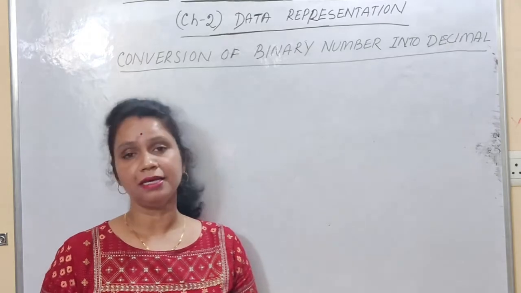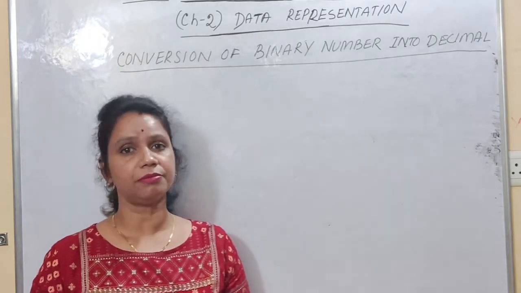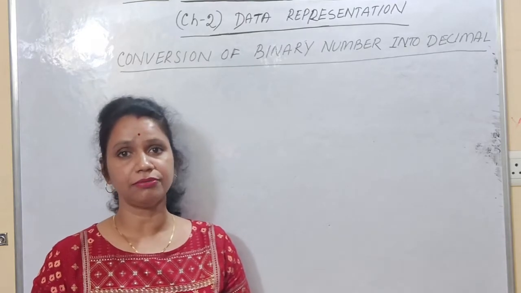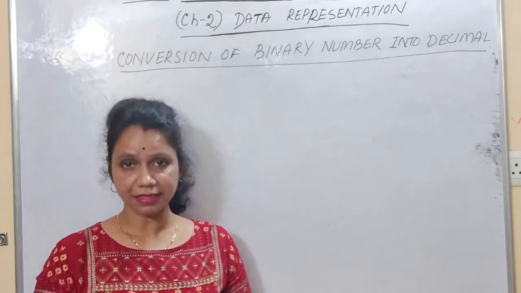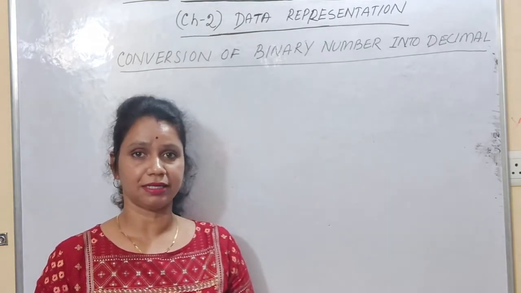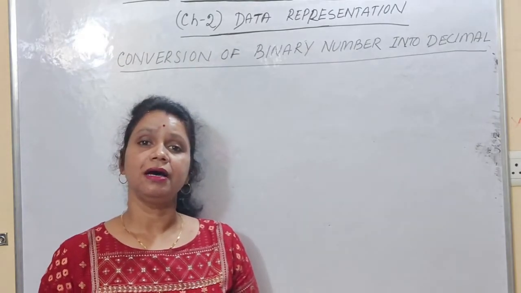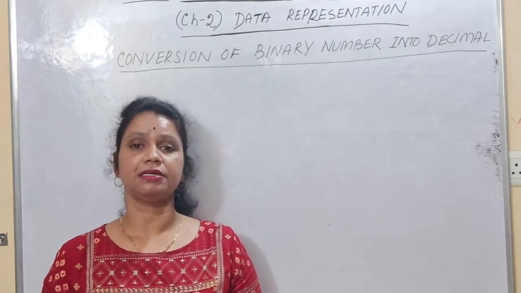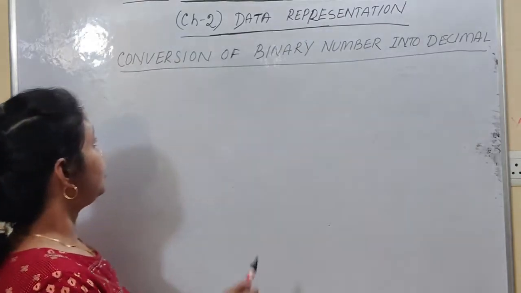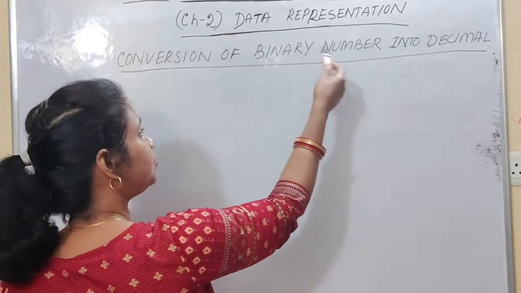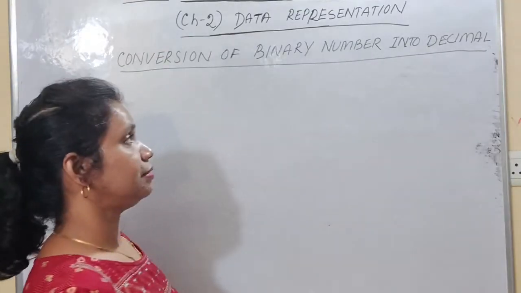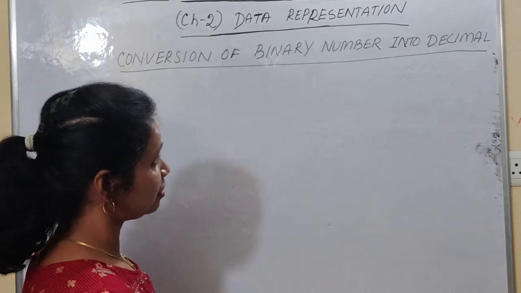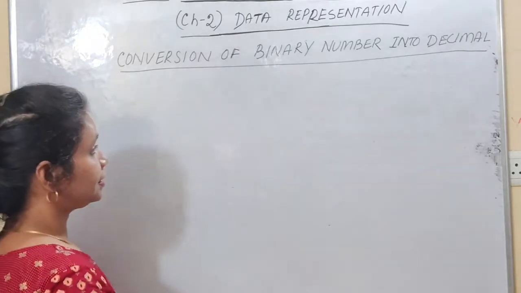If it is binary, then you have to repeatedly divide the decimal number with 2. If it is octal, then you have to divide the decimal number with 8. If it is hexadecimal, then you have to repeatedly divide the decimal number by the base of hexadecimal number, that is 16, right? Now we will discuss how can we convert any binary number or any number system to the equivalent decimal number system. So first one, that is how to convert a binary number system into its equivalent decimal number system.